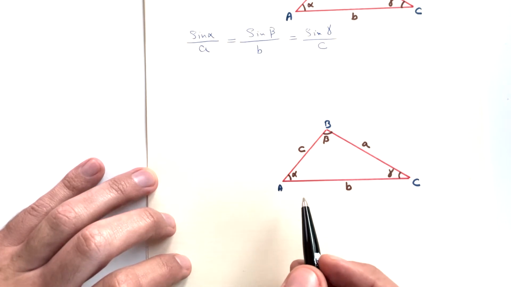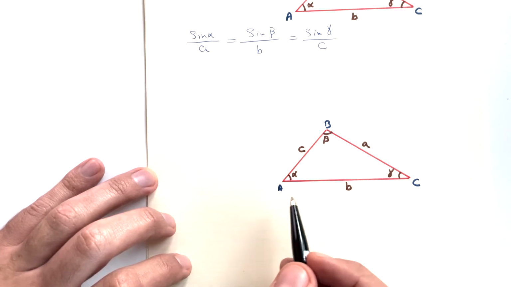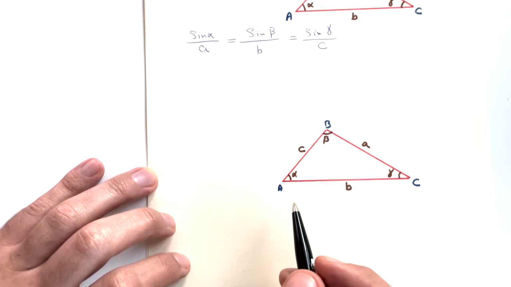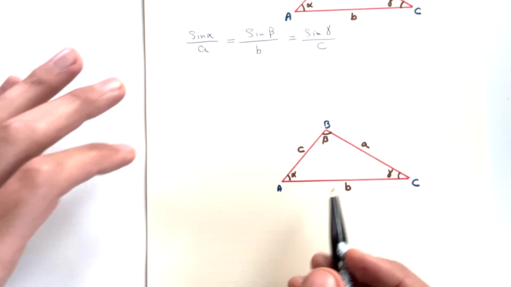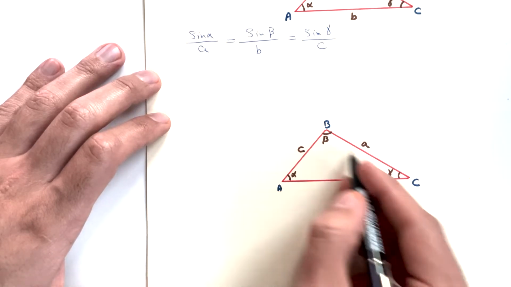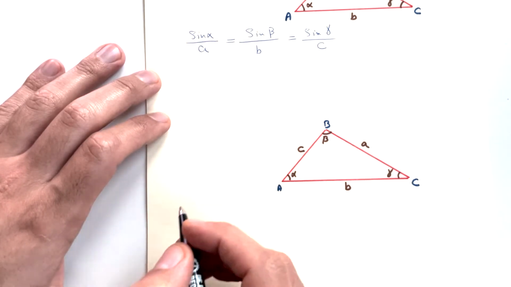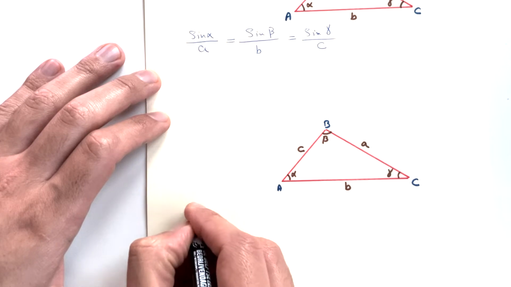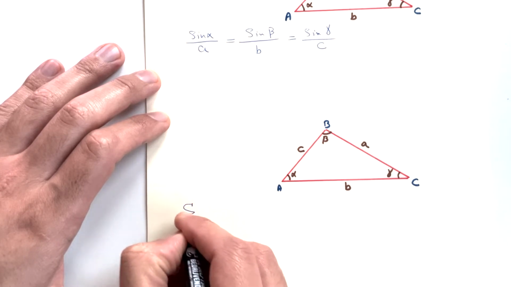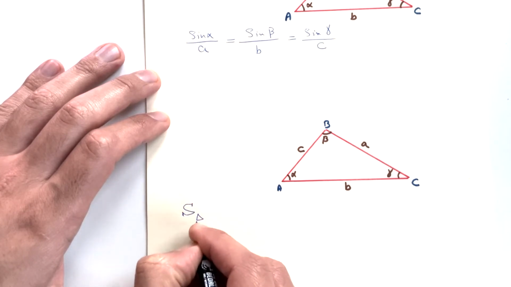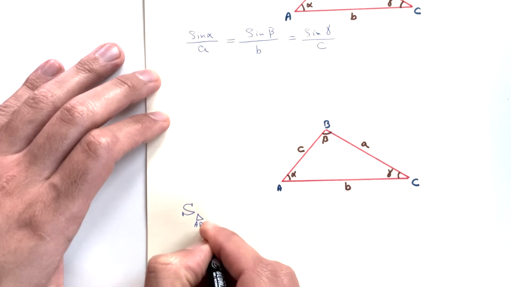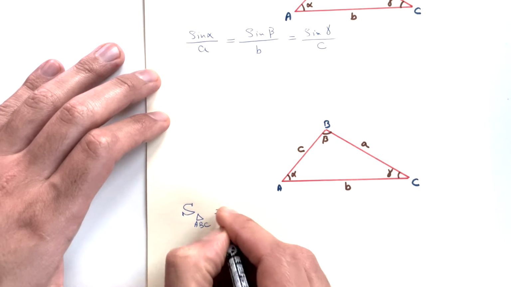In any triangle, the area can be written as 1/2 of its base times its height. So I can write the area of this triangle like this. Let's call it S, the area of triangle ABC, is equal to